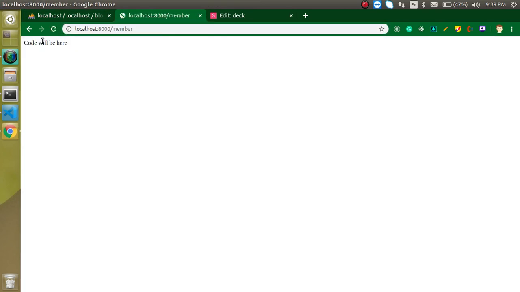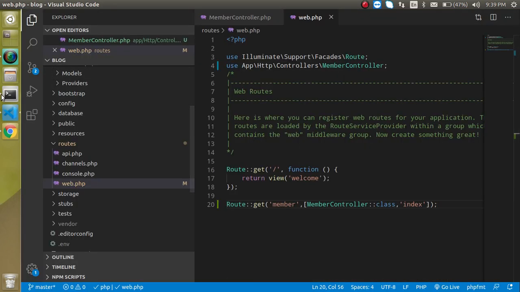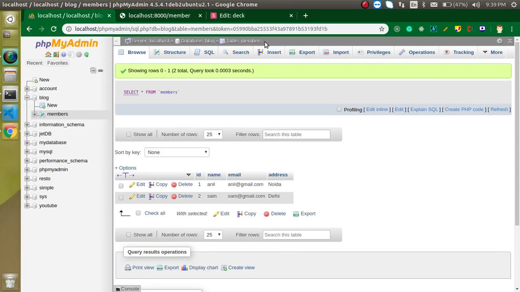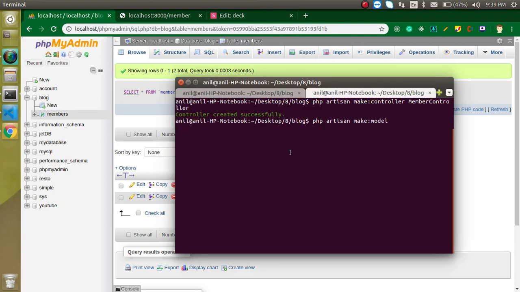Now you can see that we are able to access the function and controller, everything, right? So now we need a model. Just write here php artisan make:model, and our model name will be, let's look at our table name, which is members. So our model name should be Member, right? And just hit enter. Model is also created.